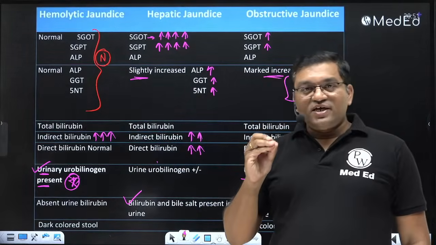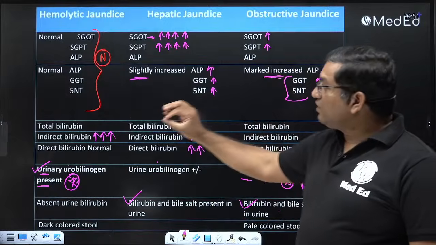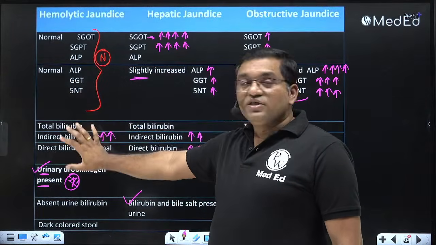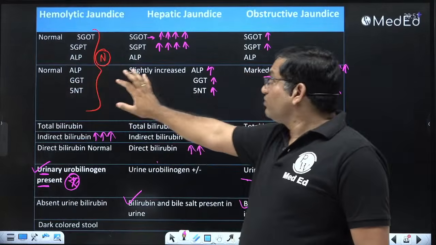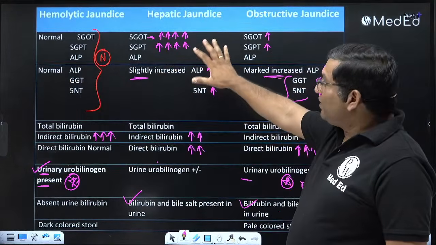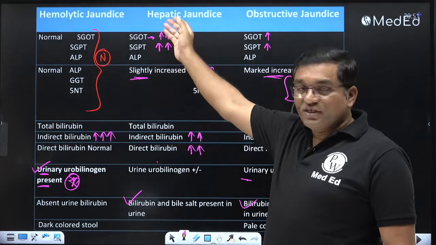अगर डायरेक्ट बढ़ा है, मतलब कॉन्जुगेटेड बिलिरुबिन बढ़ा है, मतलब ऑब्स्ट्रक्टिव कॉज है। इनडायरेक्ट बिलिरुबिन बढ़ा है, जैसे नियोनाटल फिजियोलॉजिकल जॉन्डिस में इनडायरेक्ट बढ़ा रहेगा, so it means the hemolytic jaundice because of increased hemolysis of RBC and increased breakdown of heme. और हेपेटिक जॉन्डिस में दोनों तरह का बिलिरुबिन बढ़ेगा, SGOT, SGPT, liver specific